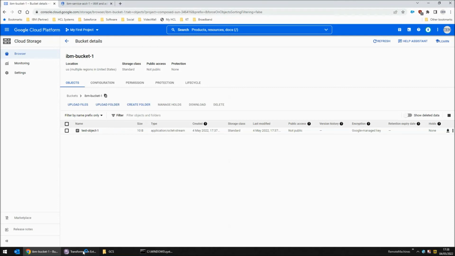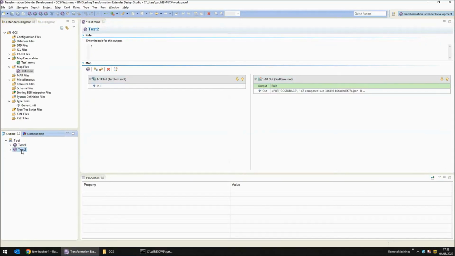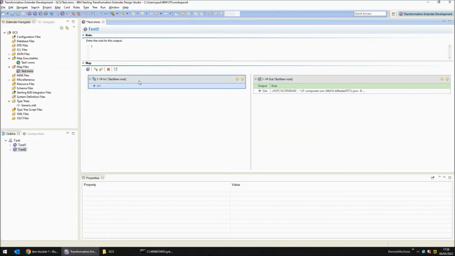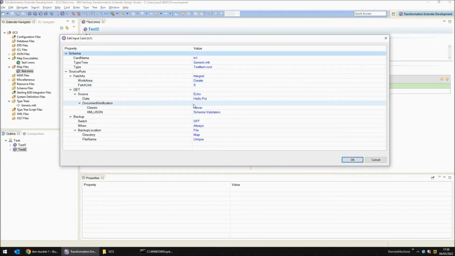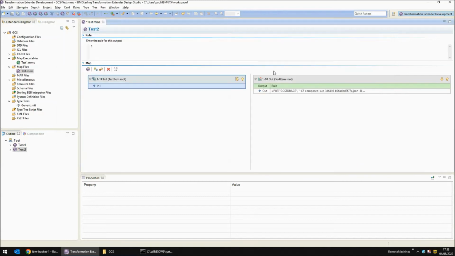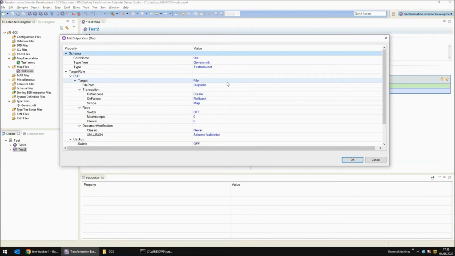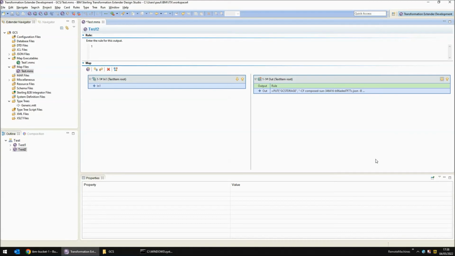Moving on to the second map, map test 2 has the same input card, also using the echo adapter, this time sending a 9-byte string, hello-put. The output card is sent to a file, output.txt. This is just a dummy file, we don't really care about the content of this, but within the card there is a put rule. The put rule uses the GC storage adapter, and then the connection string,